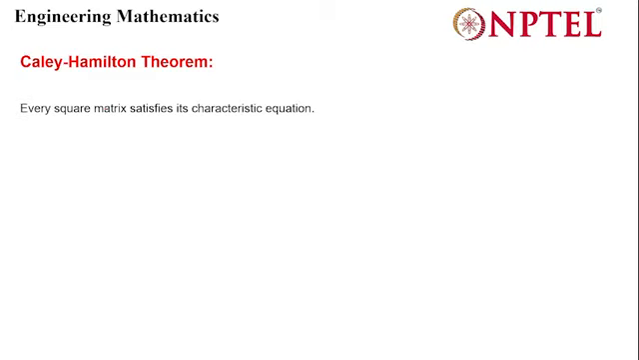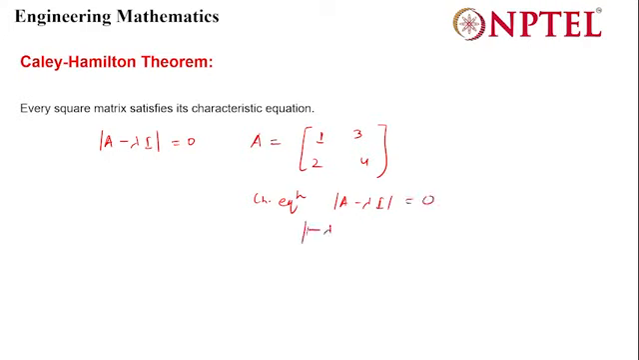Okay, what does that mean? Like suppose the characteristic equation of a square matrix will be this. So every square matrix will satisfy this equation. Now we will do one question, then we will understand what does that mean. Suppose this is a matrix and we will write its characteristic equation, which will be A minus lambda I is equal to 0,